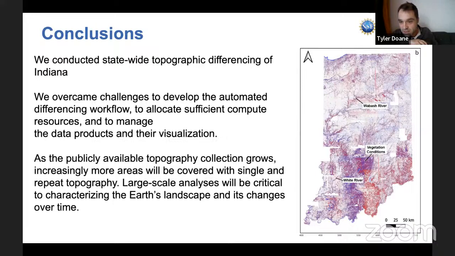The next question, I believe, is for Jason. I will ask a question relevant to your presentation, if that's all right, before we jump into a broader discussion. It was very clear that the point cloud density between the first survey and the second survey is very different in Indiana. Is that projected to continue, or are we hitting a limit in terms of point cloud density from airborne LiDAR? Is that for Chelsea or for Jason?